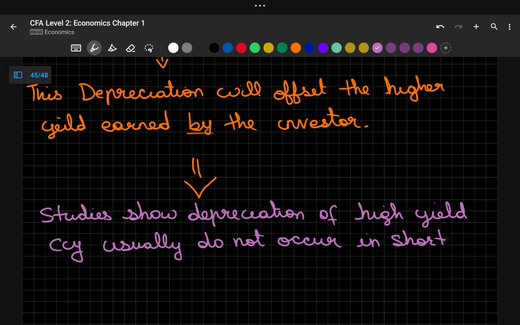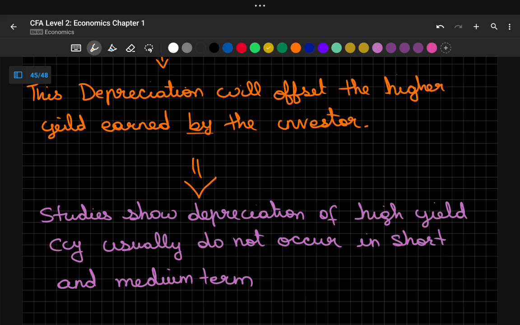That is, the uncovered interest rate parity condition usually does not hold in short or medium term,